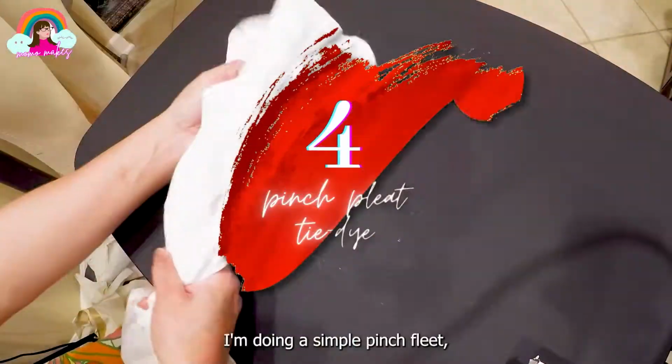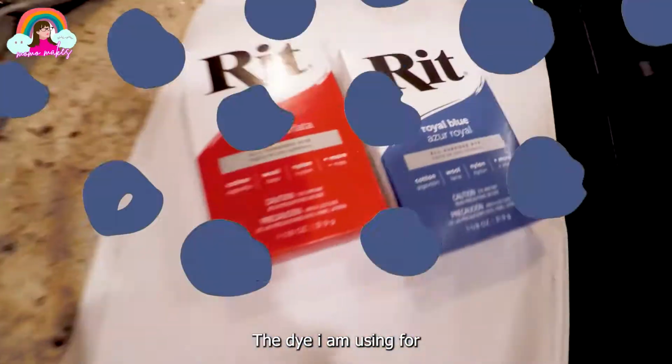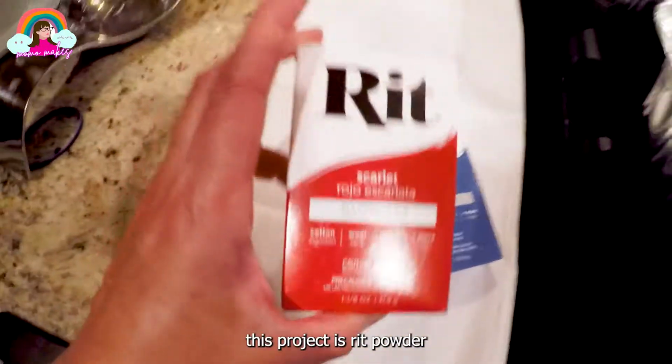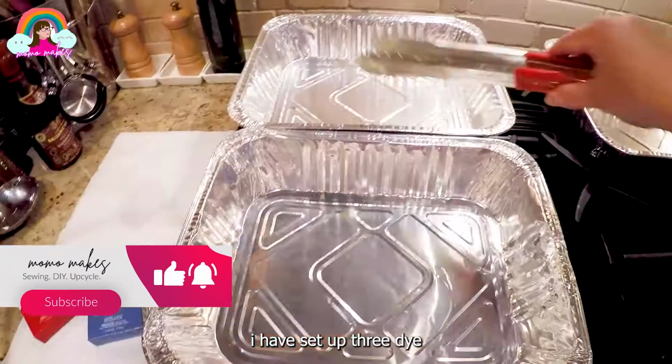I wanted to try the Shibori or Bandhani as well as the common tie-dye technique. For the fourth shirt, I'm doing a simple pinch pleat and I'm binding it with rubber bands. The dye I'm using for this project is Rit powder dye in scarlet and royal blue. I have set up